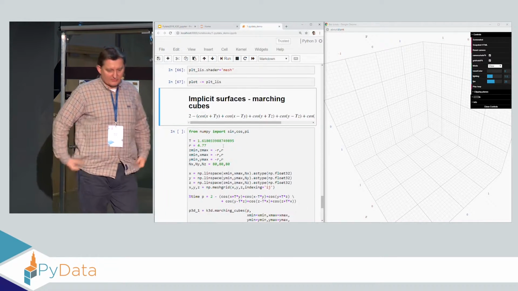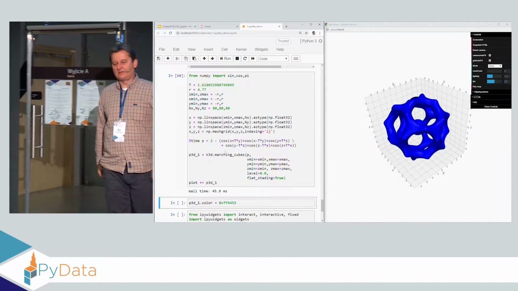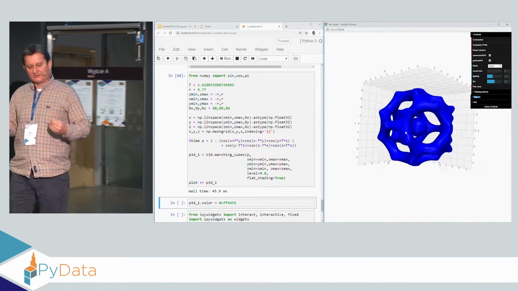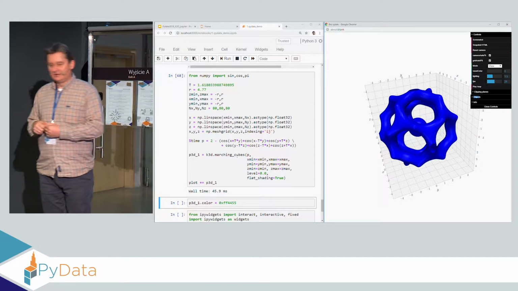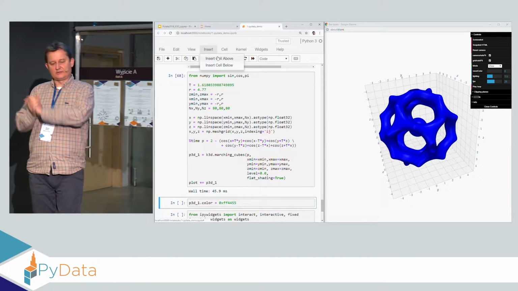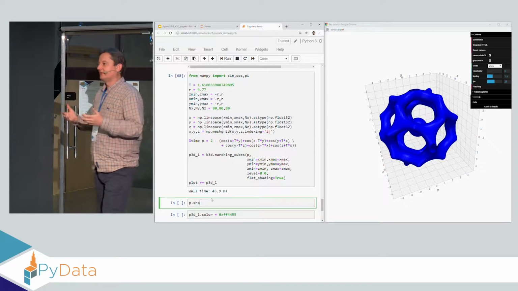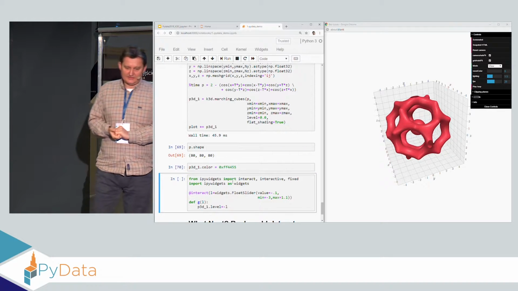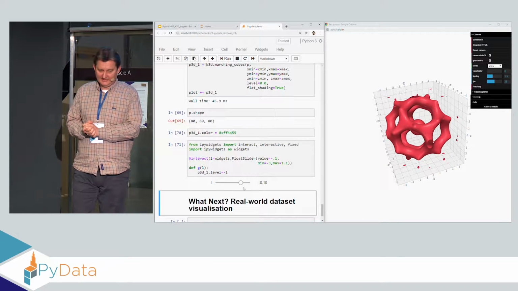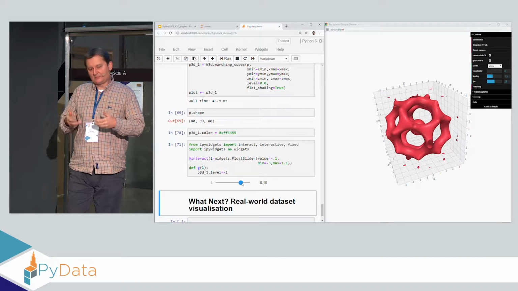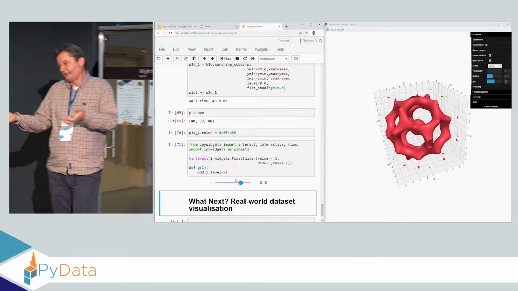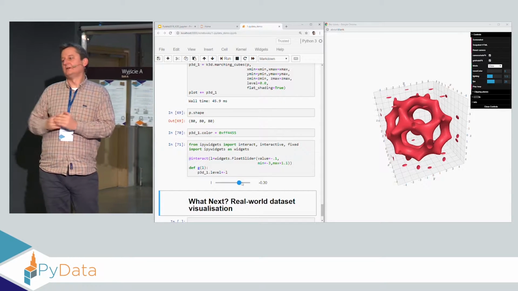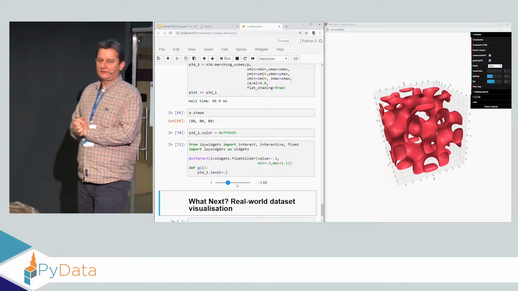Okay, a little bit more aggressive: you can take a function of three variables, sample this function in three dimensions, so now it's an 80 by 80 by 80 data set, and send this data set to our widget and say, do me marching cubes, so draw me an isosurface on this data. So we have the marching cubes method. And of course, this is an isosurface for which value? There is one parameter left, the value of the function at which we want to have the isosurface.